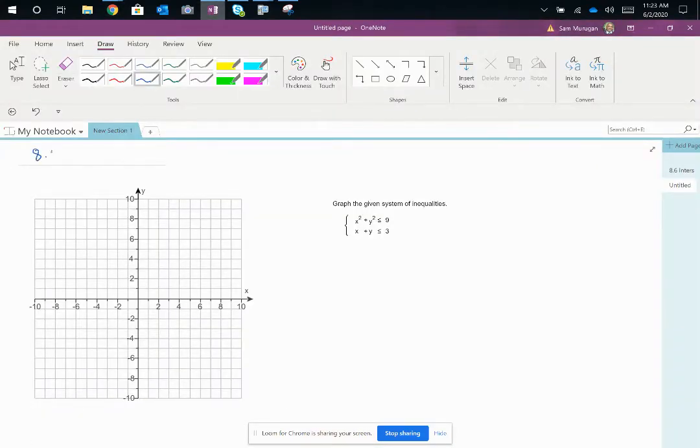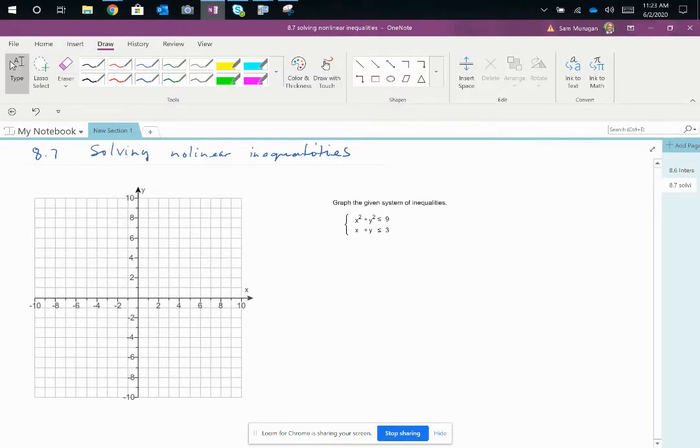Chapter 8.7, which is solving nonlinear inequalities. Solving nonlinear inequalities. So if we were asked to solve a system of nonlinear inequalities, there are a couple of